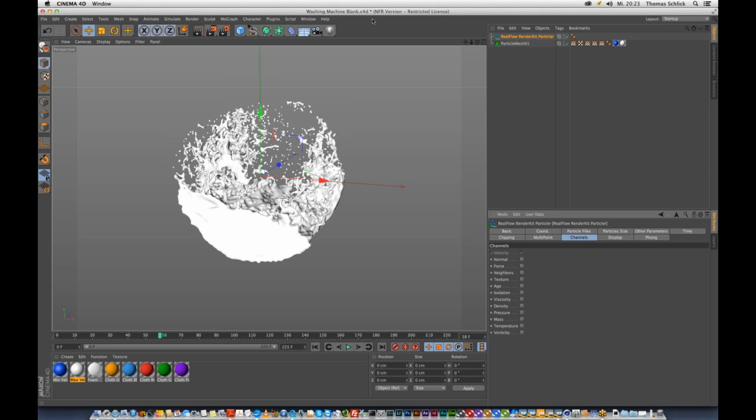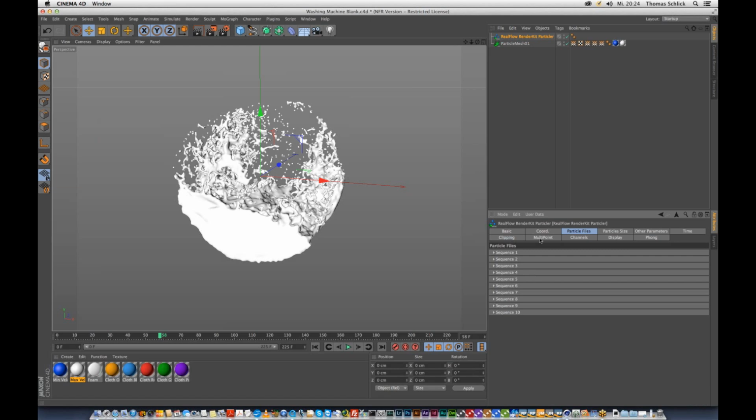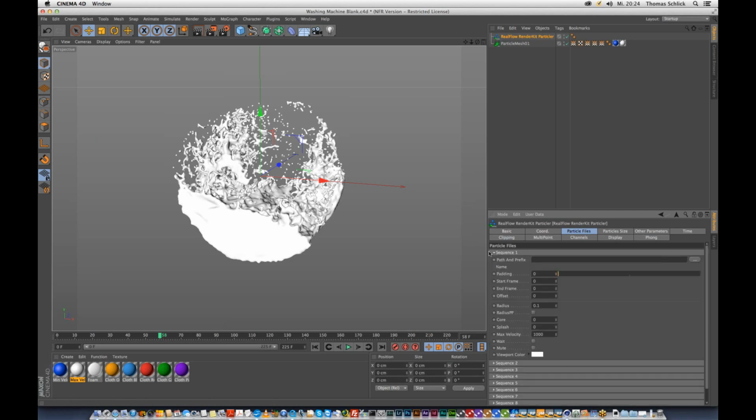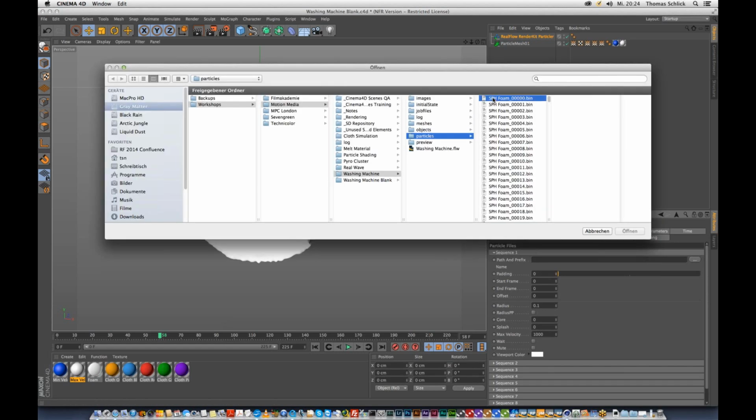The current amount of foam particles is by far not enough to create convincing foam, and this can be changed with the multipoint feature. But first we need a particle sequence. So we go into particle files. As you can see, you can load up to 10 particle sequences here and combine them under one hood, under one Renderkit node. So we're going to open the SPH foam sequence